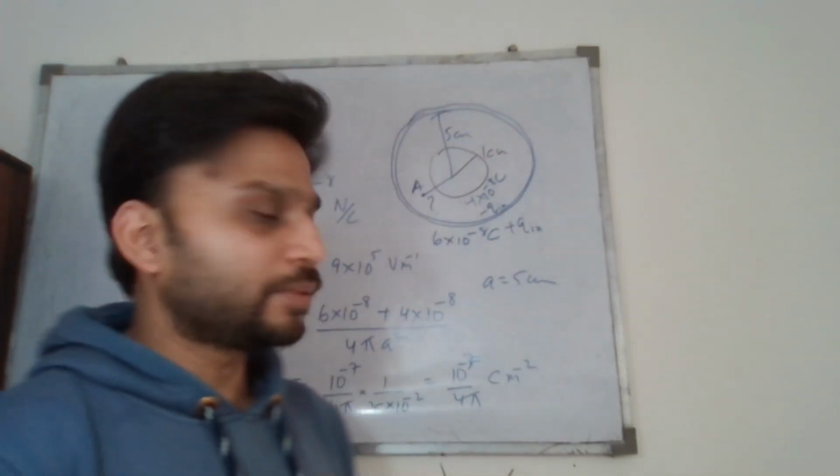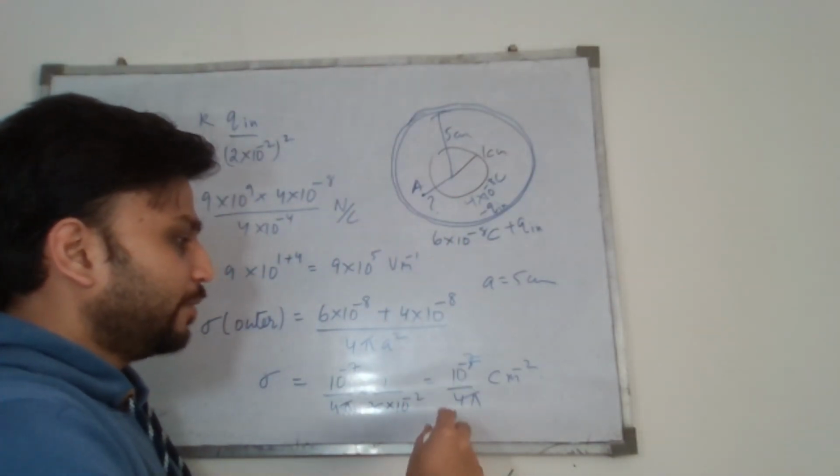So its final value is some 10 to the power minus 7 divided by 4 pi